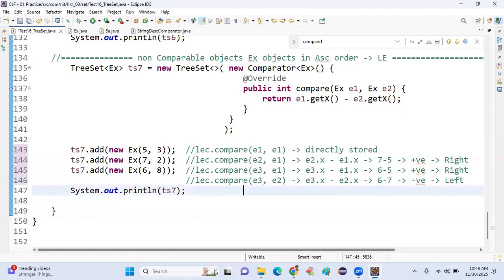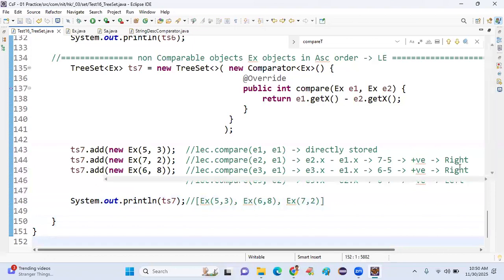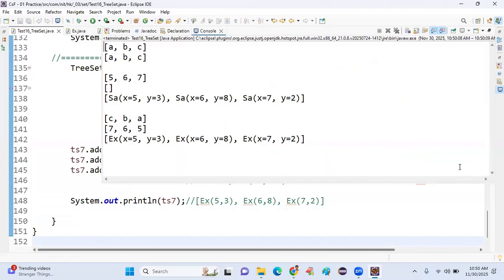Then finally, what is the output you will get here? Example of 5 comma 3. Example of 6 comma 8. Example of 7 comma 2. Let's see. As per expectation, is it working or not? Yes. No exception. So first outer class wise implementation, anonymous inner class wise implementation, and followed by